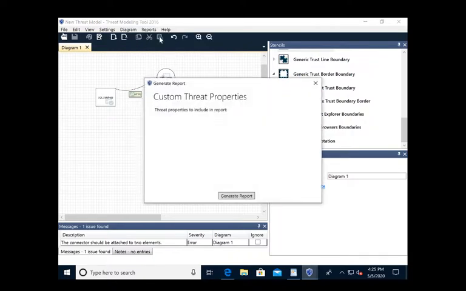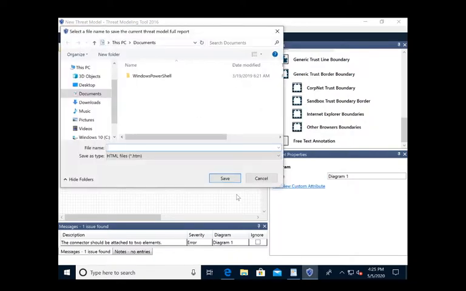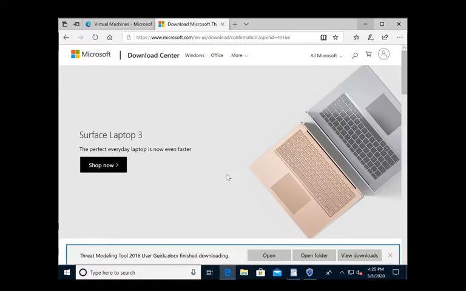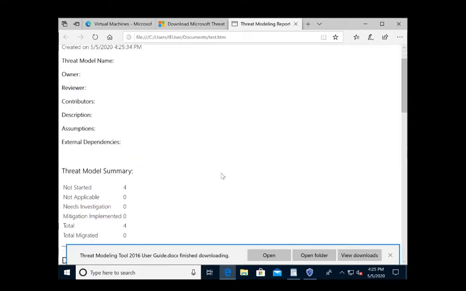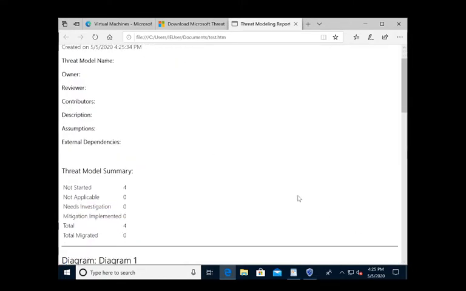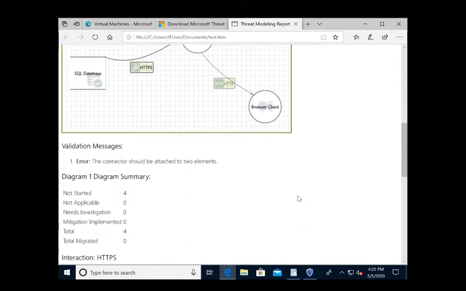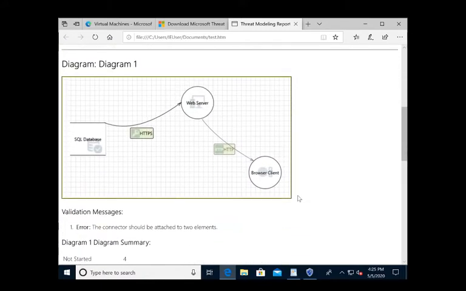Let's say create a full report. It does an automatic report, just based on all the data that you give it. It's gonna print out an HTML report. Save it. It's gonna be in documents. All right. And the better you fill out the information, the better. See, it attached that as a PNG,